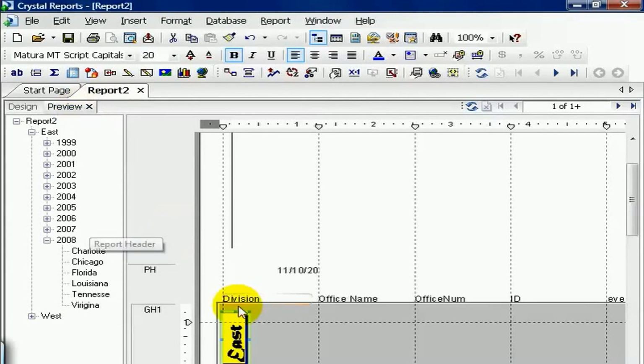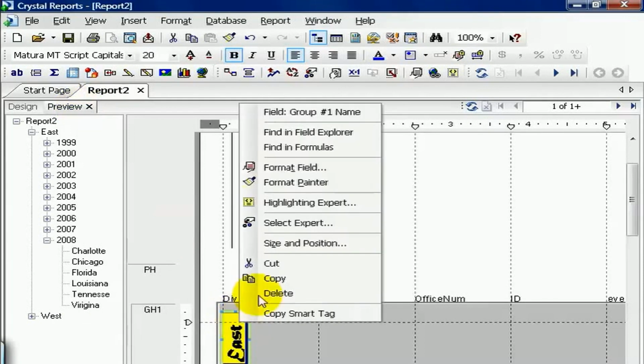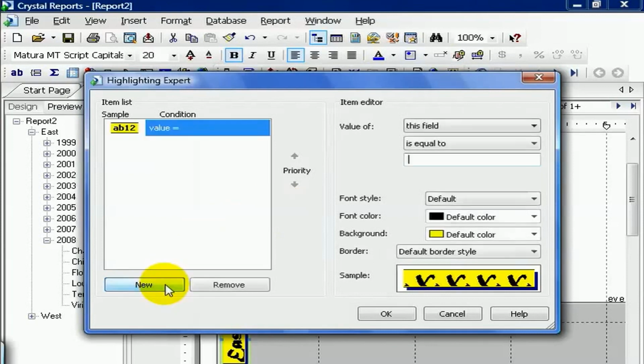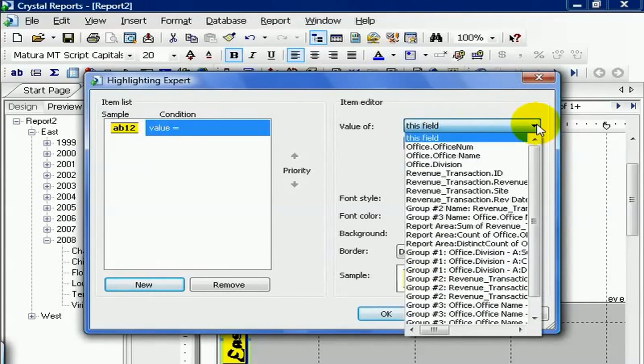Another option that's available to you is the Highlight Expert. The Highlighting Expert is really useful if you're trying to create conditions where you need the format to be different to draw attention to it or to change. For example, I've highlighted my field. I can press New, and I say the value of this field, meaning, of course, the field I've just highlighted. You also have the options of all the other fields sitting in there,